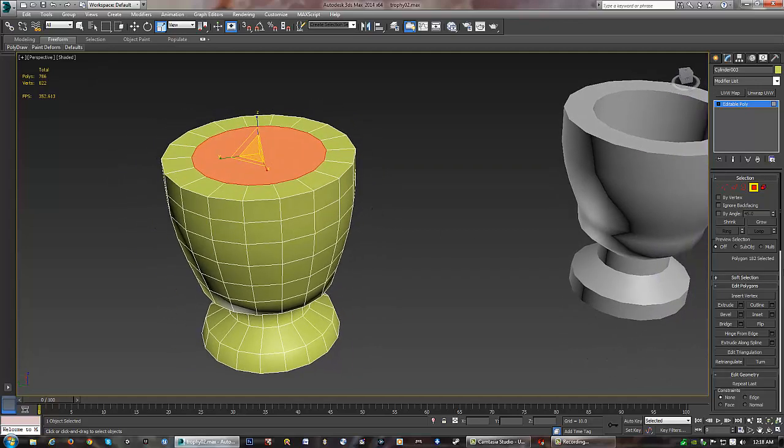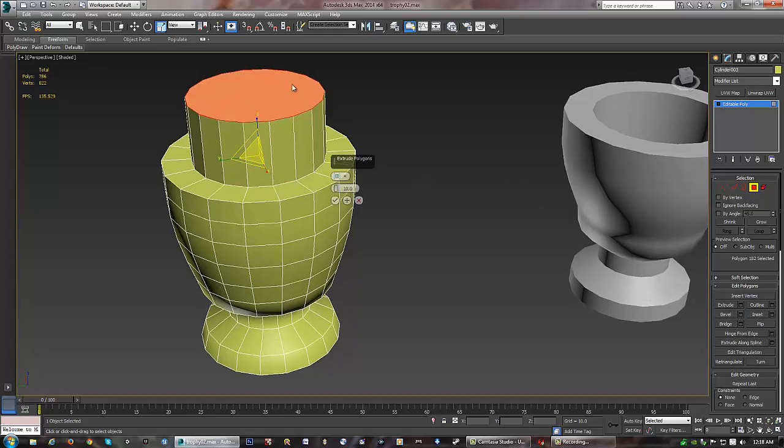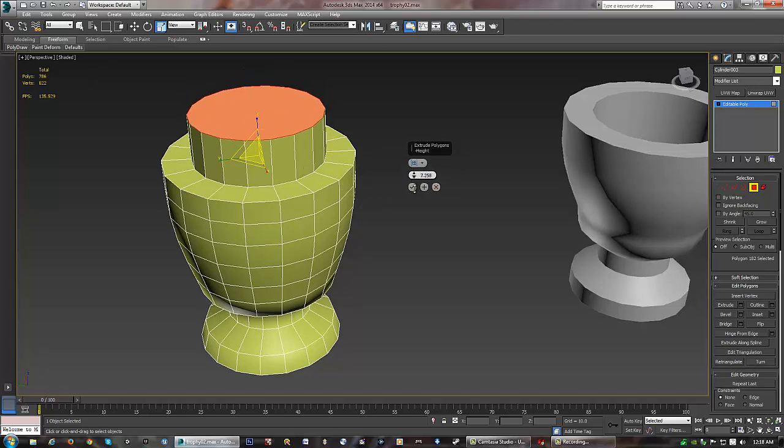Okay, and now we're going to go back over to our edit polygon section here, and we're going to choose extrude this time. Same thing, we're going to click on the settings instead of the word itself. Okay, and you see by default that it extrudes it up. This is obviously the opposite of what we want to do. So we're going to go over to the tool. Okay, I'm going to move it over a little bit here. We're going to go to the tool and we're going to press the arrow here and hold down our mouse